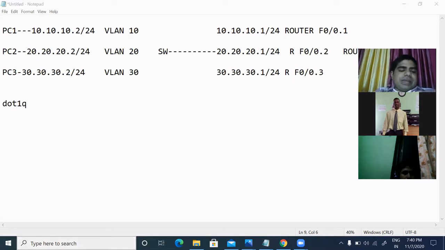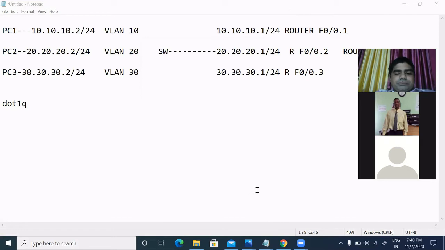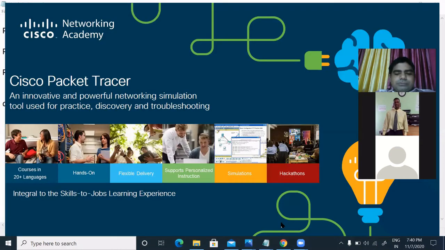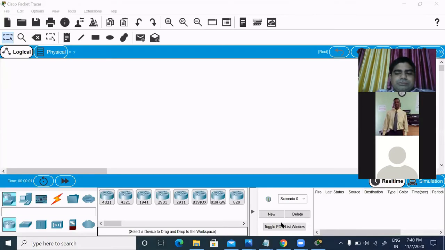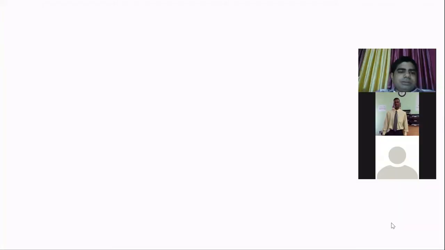Firstly, I will connect Packet Tracer. I am sharing my screen.